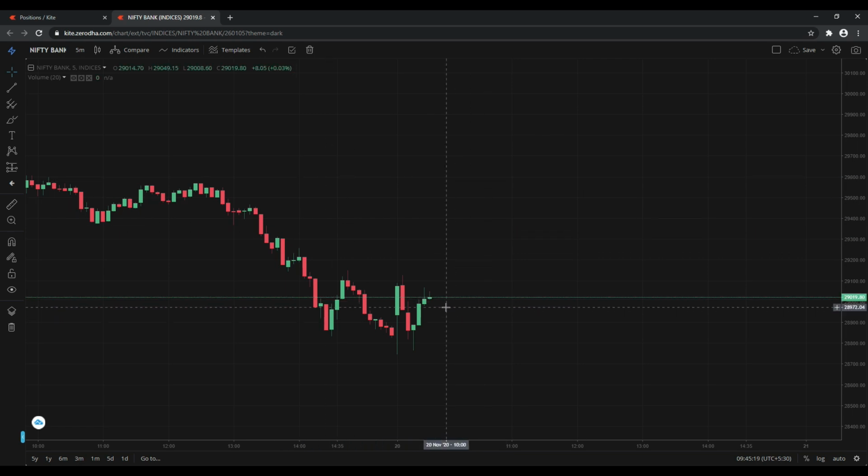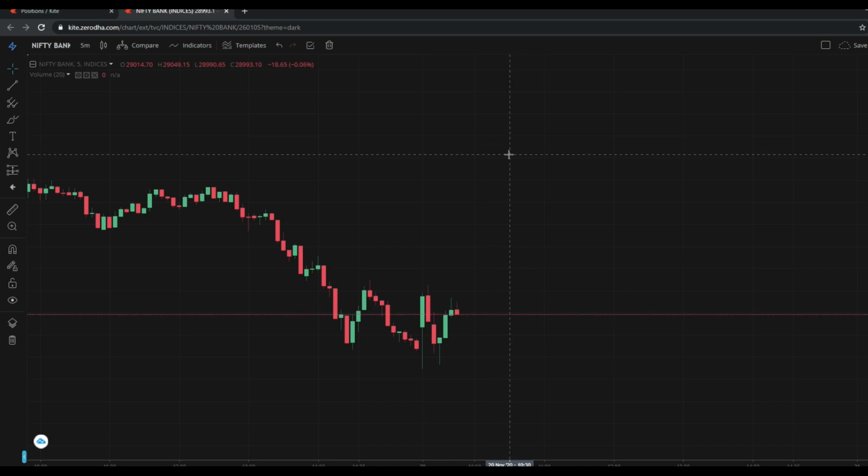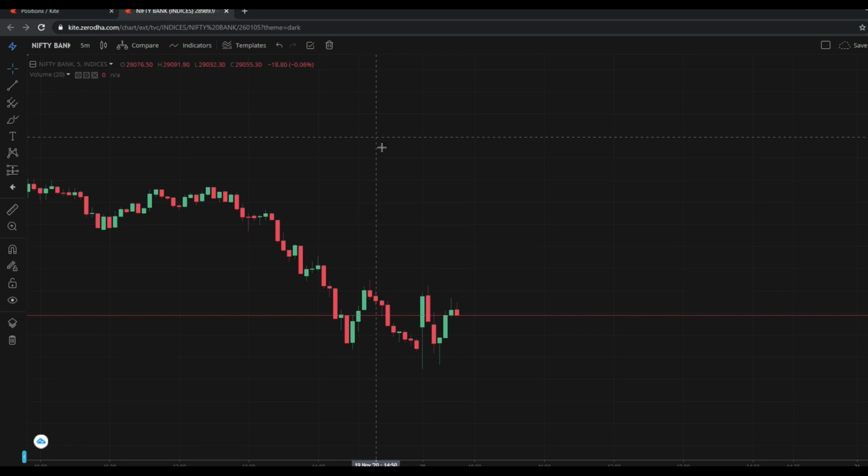A red candle is coming, so I will take the remaining profit. It closes before the green candle. If anyone has doubts about how to book the profits, this is what I follow. I will wait for the candles to go down below. Here it has almost come to the previous low. If it makes and sustains there, I will close it.